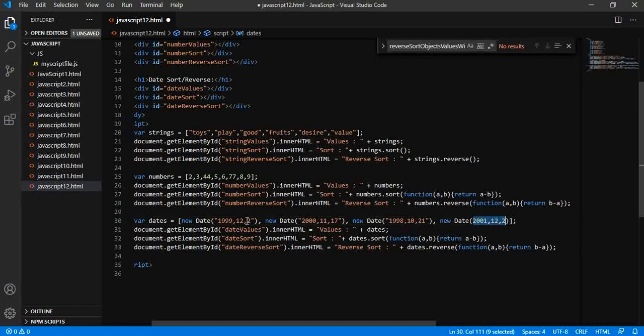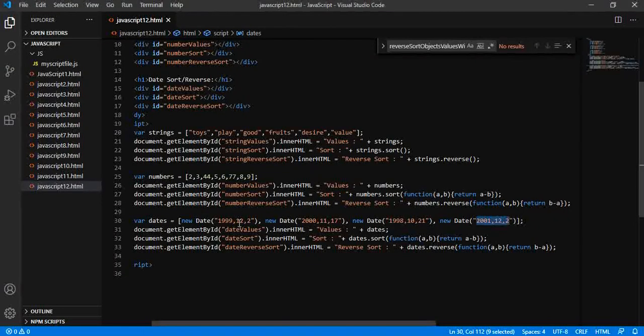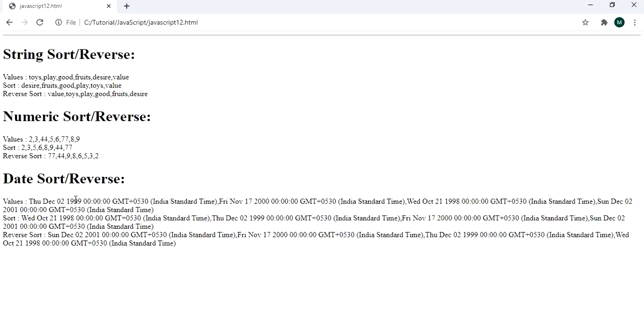Okay, now see the output. 1999, 2000, 1998, 2001. In short order, 1998, 1999, 2000, 2001, and in descending order, that is your reverse order, 2001, 2000, 1999,